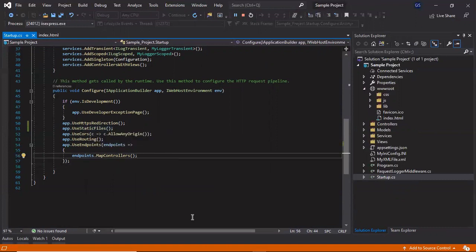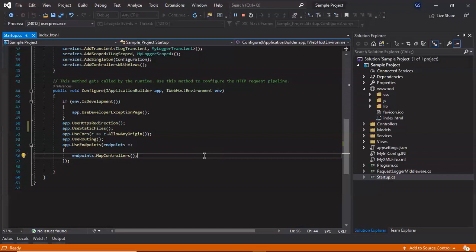Suppose in this case our index.html is loading, so it will not call use routing and use endpoints. So this will be short-circuited from the use static file middleware. If you have any doubt about the middleware request pipeline, you can watch our previous video on the middleware request pipeline.